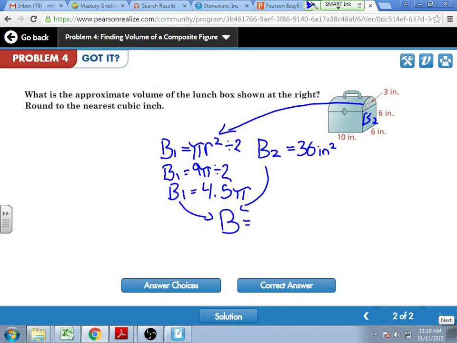Can I try 4.55 plus 36? Yeah, but do you want me to evaluate 4.55 and make your life easier? Sure. I got rounded up to 50 inches. It's 14.137. Should I just do really 14? I'd just go with 14. So then it's just 14 plus 36. So then that's an easy 50. And so then volume.